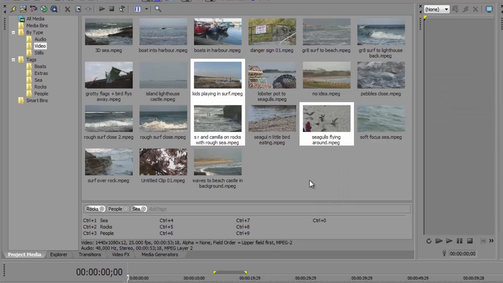So that's a way of bringing in clips and applying tags to them, and these tags are actually going to go with the clip. So if you bring them into another project, you'll often find that the tags are still with them, and you can organize your project really quickly by using these tags. And I would advise you to do that. If you're going to bring in items, put them into the appropriate folders, particularly the videos and stills that you might need to use throughout your shots. Organize them into the appropriate folders, the appropriate bins, so that you can quickly find them when you need them, because otherwise you could waste an awful lot of time trying to find the appropriate shot that does the right thing at the